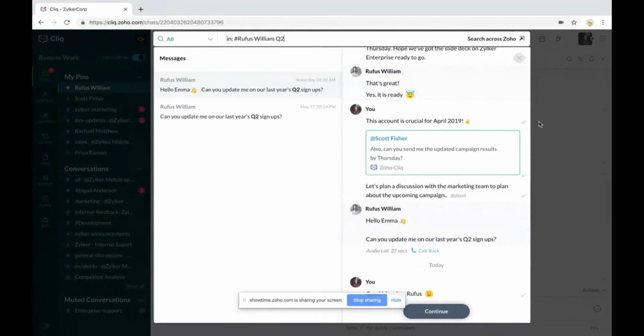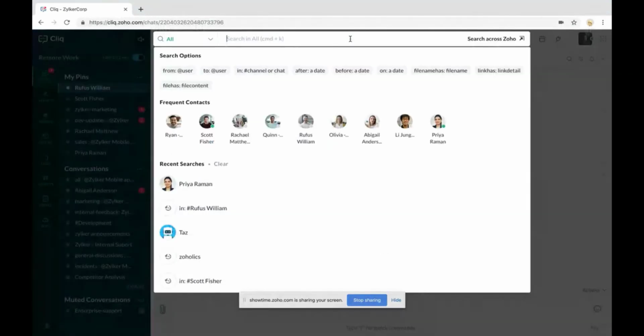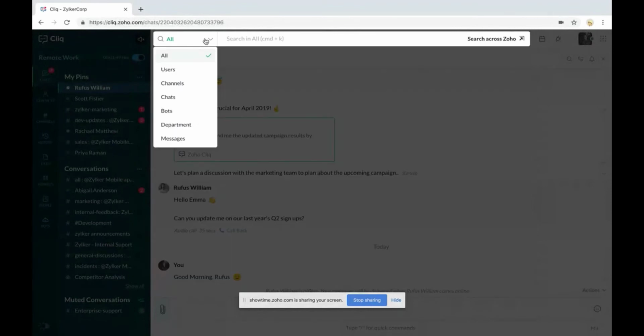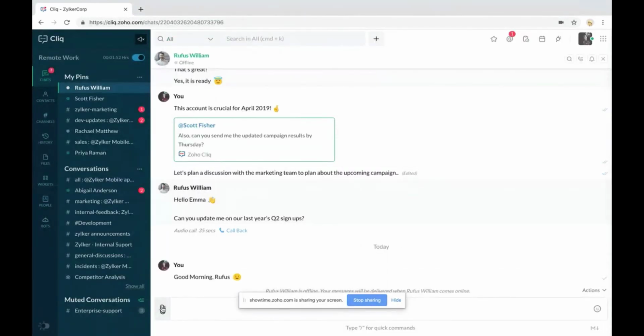So one quick tip here. The search bar that we are seeing, our third feature, is optical character recognition based, which simply means that you can search using not just the file name, but also using any text in the file shared. Also, you can narrow down your search with filters that you can see which are available here. Okay, as I have not shared it with Rufus, let me go and attach.